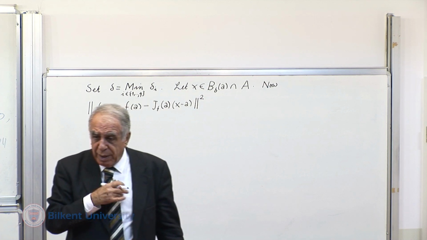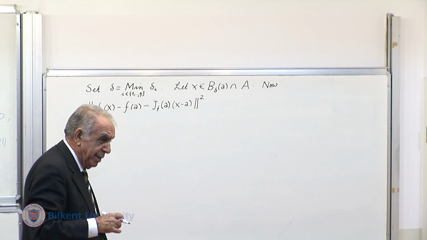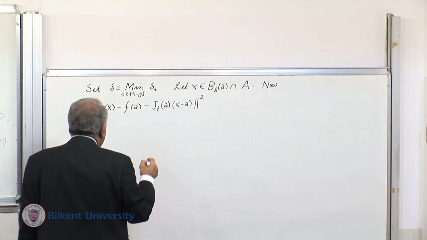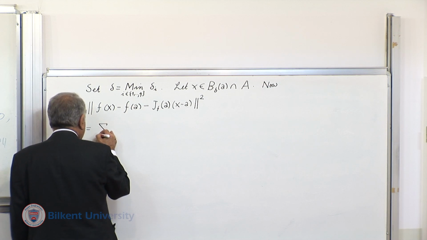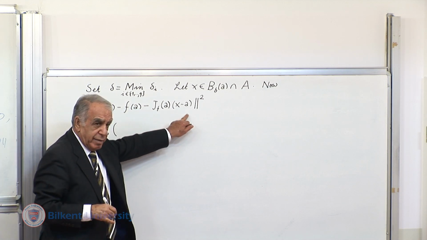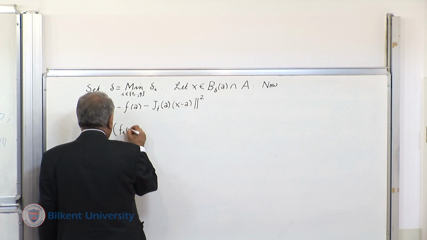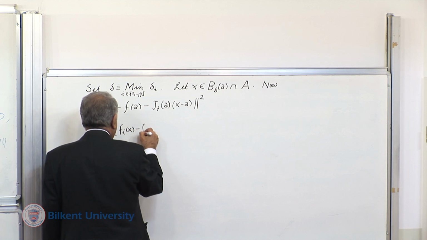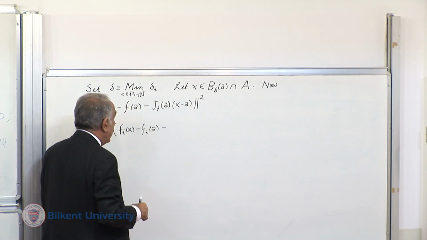We can take the square root at the end instead of carrying that all the time with us. This is equal to the sum of the ith component of this. What's that? f sub i of x minus f sub i of a minus